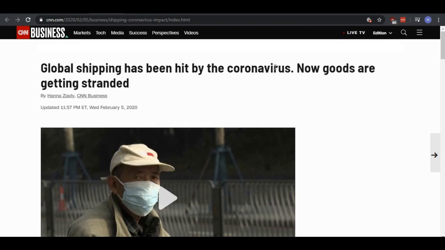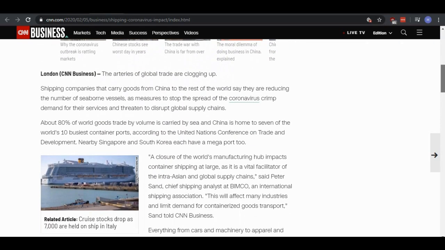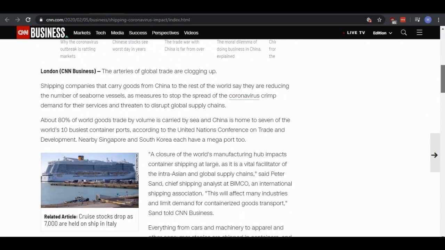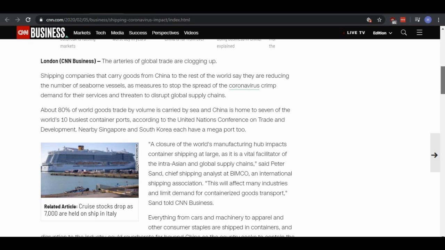So moving on. CNN Business: global shipping has been hit by the coronavirus. Now goods are getting stranded. The arteries of global trade are clogging up. Shipping companies that carry goods from China to the rest of the world say that they are reducing the number of seaborne vessels as measures to stop the spread of coronavirus crimp demand for their services and threaten to disrupt